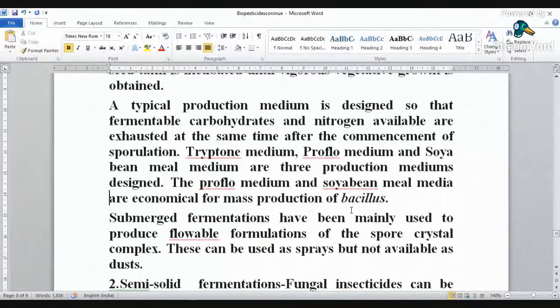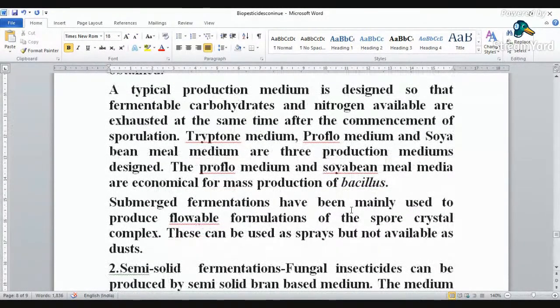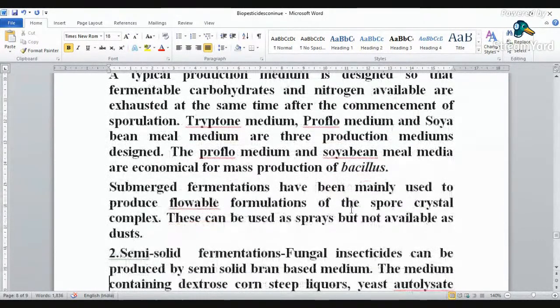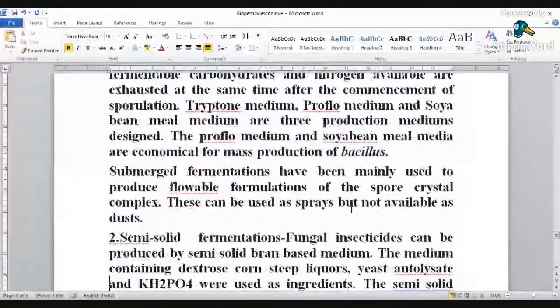These are commonly used for the mass production of Bacillus thuringiensis. Submerged fermentation is mainly used to produce a flowable formulation of the spore crystal complex. Spore crystal complex means proteinaceous crystals are formed along with the spores, and submerged fermentation is carried out to produce the flowable formulation of the spores, and these spores can be used as a spraying